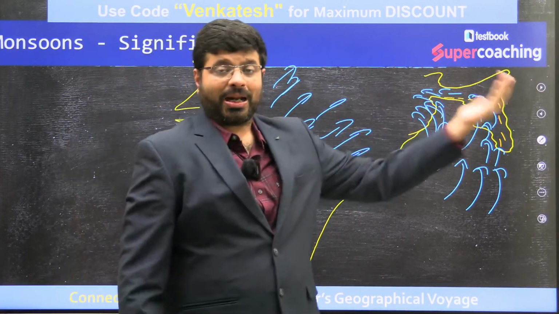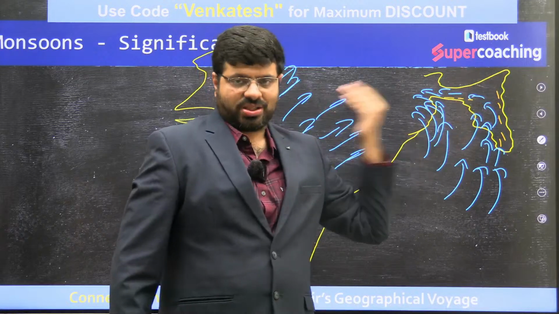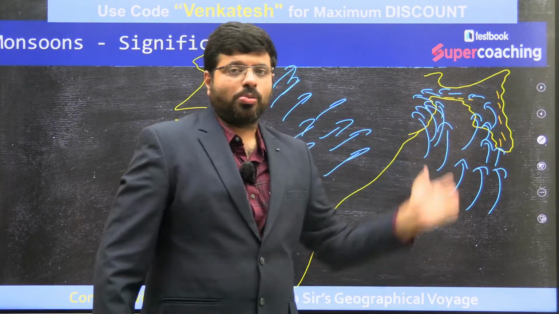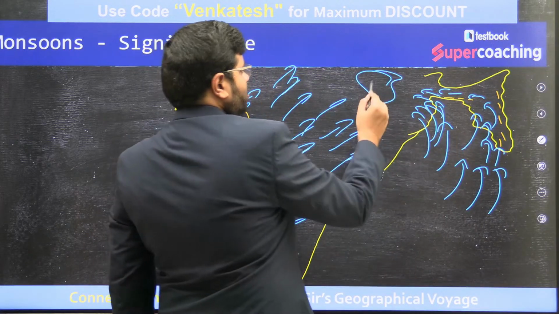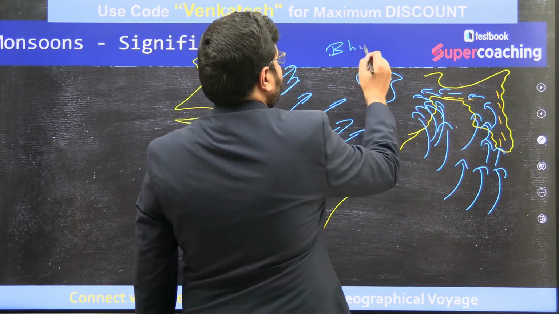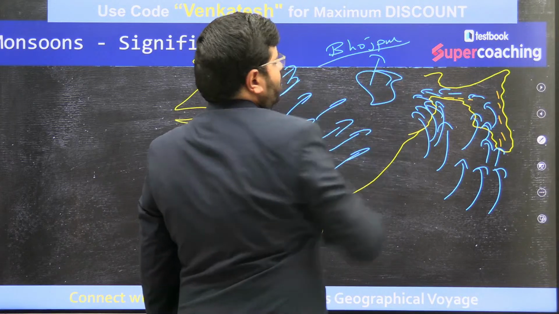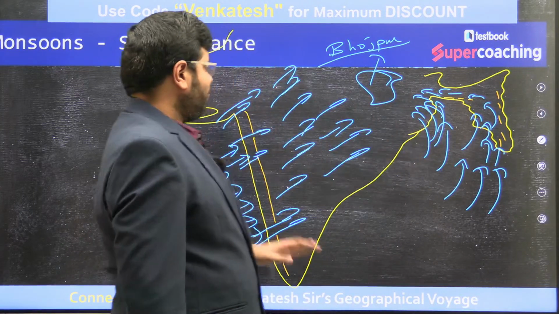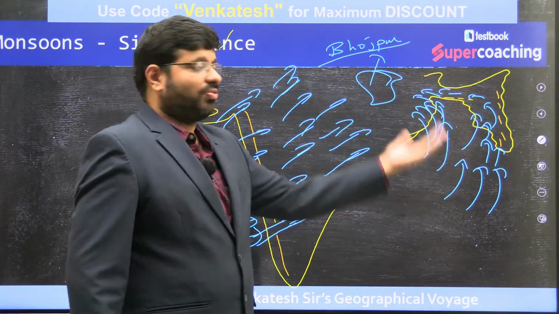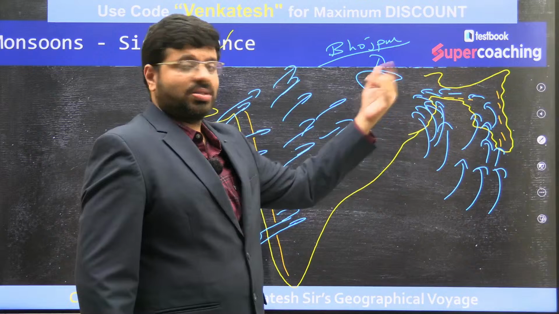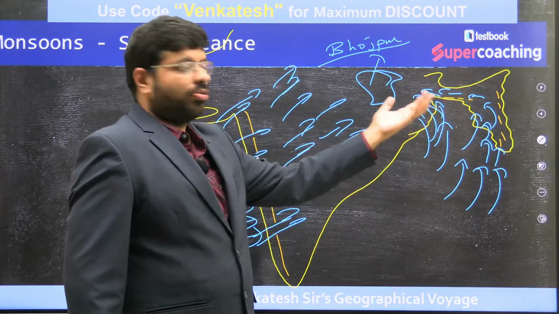The winds are primarily coming from the east. So southwest, because of the topography, is slowly turning into east. That's the case for the Bhojpur region, the winds are coming from the east. These winds will be diluted here, but the majority of the winds will come across the foothills, across the eastern part and then flow along the foothills of the